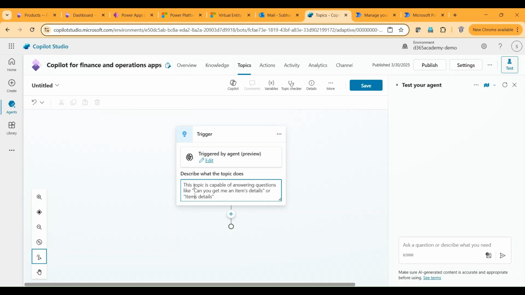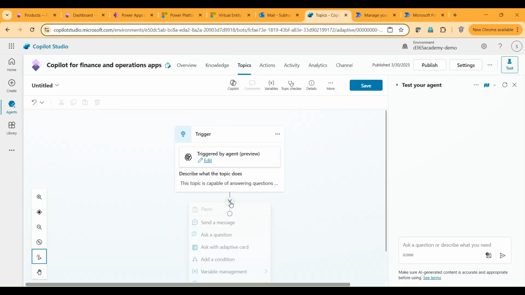Let me add an apostrophe to make it more sensible. Items details, please. So if I define keywords or phrases like this, let me click on the plus sign